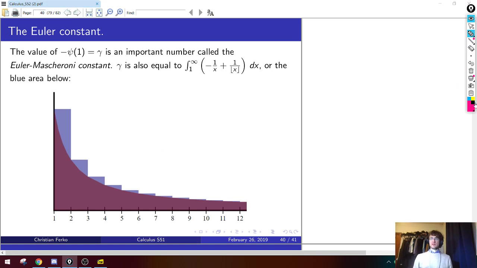When people first learn about this constant, this lowercase gamma, this Euler-Mascheroni constant as it's called, which we've defined as negative digamma of 1, people usually first learn about it as a certain integral or a certain area. So here's the integral. If you take the integral of minus 1 over x plus 1 over the floor function of x, so this is just adding up in this picture, the brown area at the bottom, so this is the integral of positive 1 over